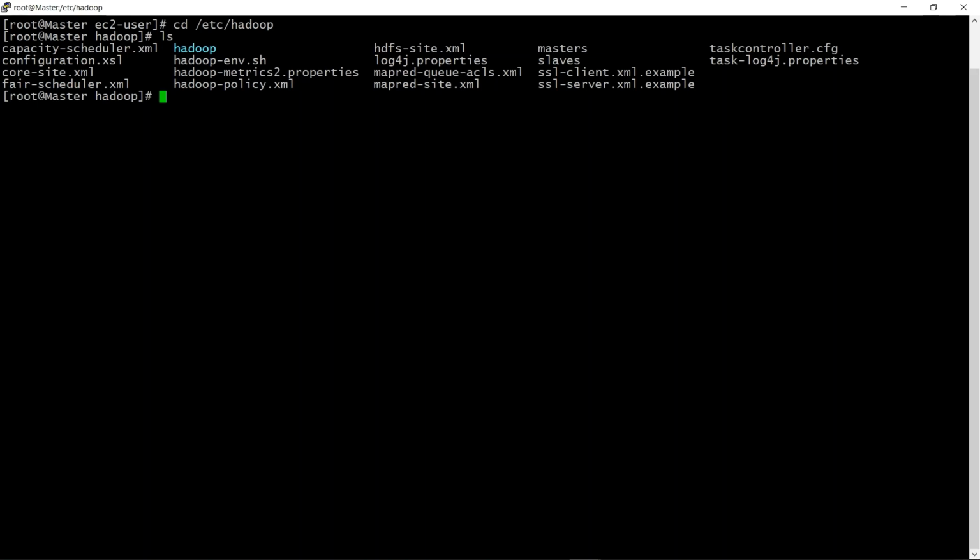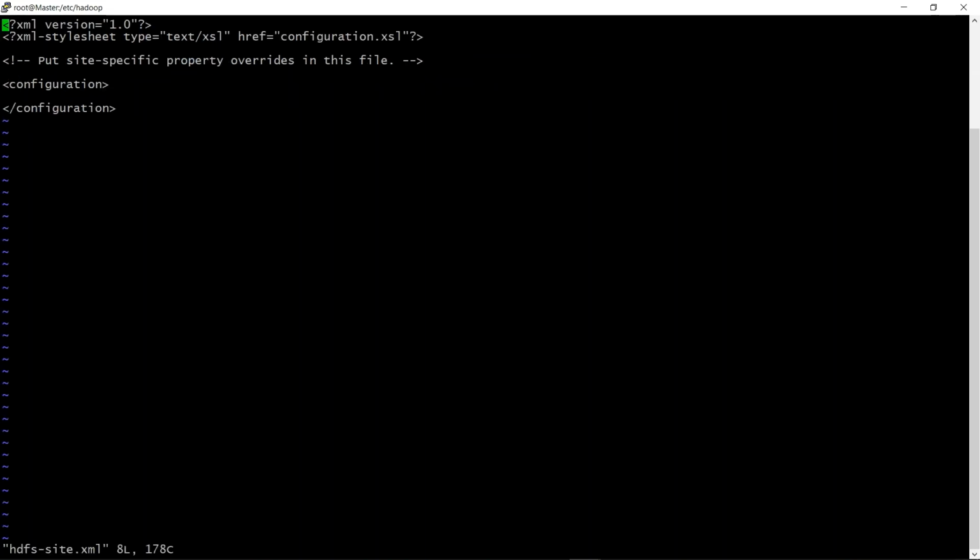Let's start with the hdfs file. I'm using the vi editor. Initially you can see only two tags, the configuration tags. We have to configure this hdfs file between these configuration tags. I will add a property and name it dfs, that is distributed file storage.